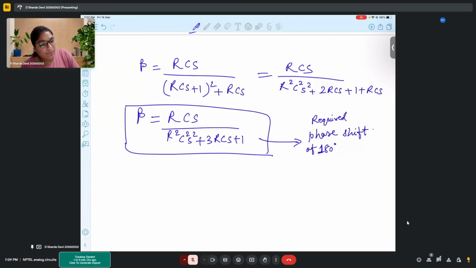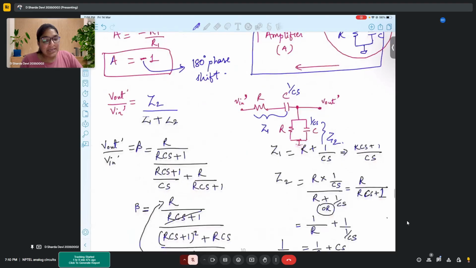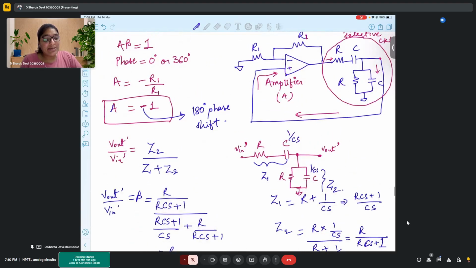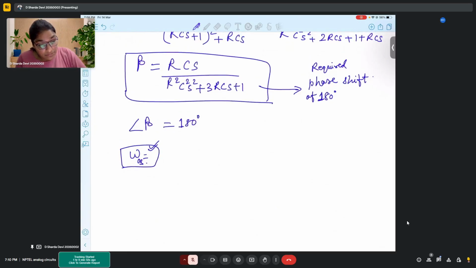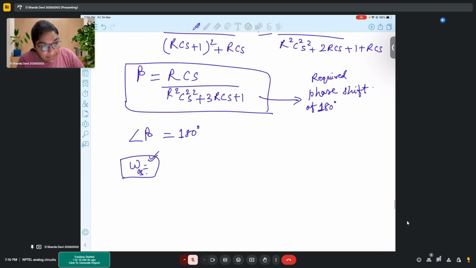So what we will do is we will find the phase of beta and equate it with 180 degrees. Then what we will find is the oscillating frequency omega. This is the value that we need to find to understand the oscillating frequency. Now, depending on the oscillating frequency, we will use the values of capacitors and resistors based on that oscillating frequency. So, for 180-degree angle,